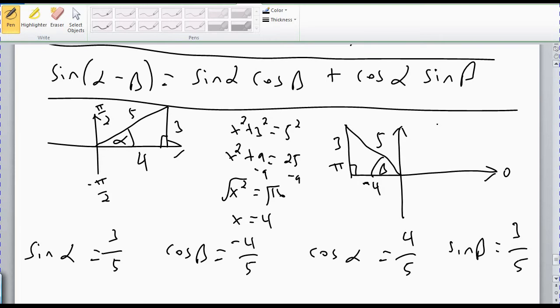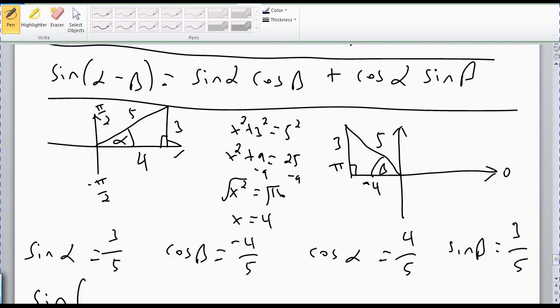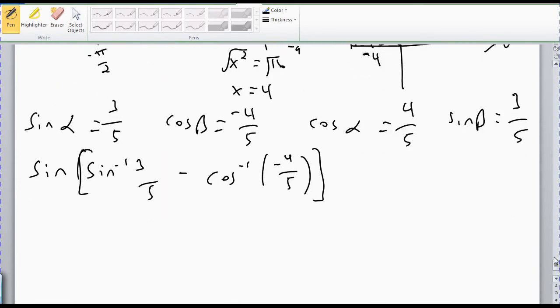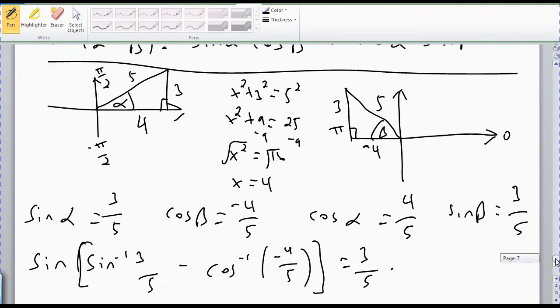So now I'm just going to take my values and substitute them into the formula. So, sine of alpha minus beta, I probably should be using the actual problem now. Sine inverse of 3/5 minus cosine inverse of negative 4/5. Is that what it was? Yep. It's going to equal this. Sine alpha is 3/5 times cosine beta, which is negative 4/5,